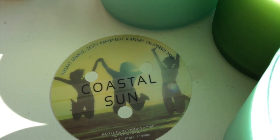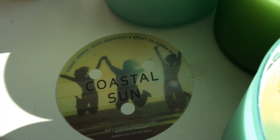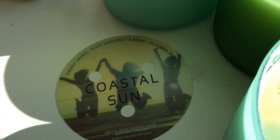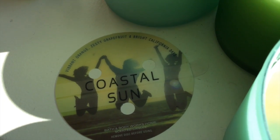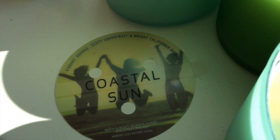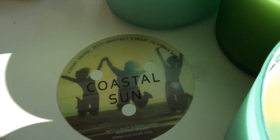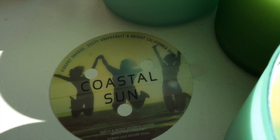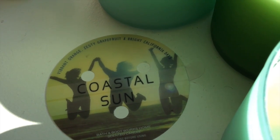Coastal Sun, right? Okay. So Coastal Sun, it's citrus, but it's really one of the best citruses. It's a little bit similar to fresh lemon, but there's more to it. Not a lot more to it. Definitely not your limoncello, because there's more going on, which fresh lemon had more going on. I would say it almost reminded me, the Citrus Flower at least, reminded me almost of like Trix, or no,